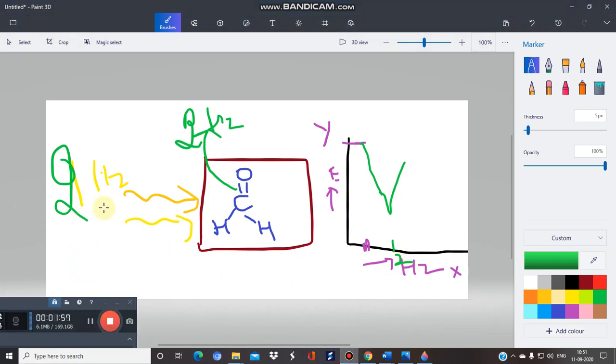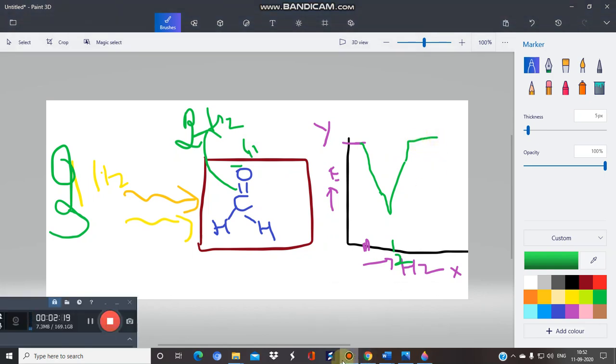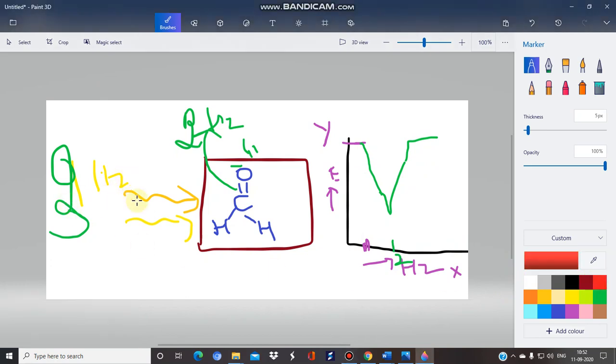So the third time, we again change the frequency of this IR radiation and make it 3 hertz. But we know there is no bond that will absorb this 3 hertz radiation, because we have assumed it as 4 hertz. Then again, the transmittance will show a marked decline. Okay, that is 100% emission.